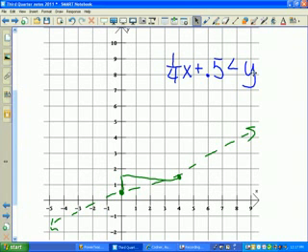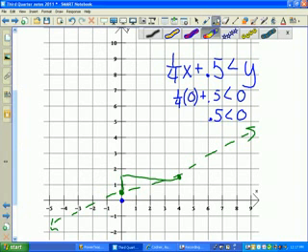So now we need to figure out which way to shade. We're going to use our handy dandy (0, 0), which is right here. So I'm going to put a 0 in for the x and a 0 for the y. Anything times 0 is 0. So I have 0.5 is less than 0. Is 0.5 less than 0 a true statement? No, it's not. So that means we're shading the side